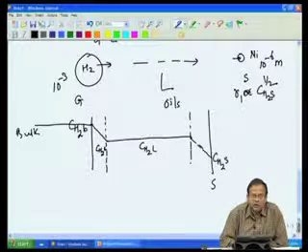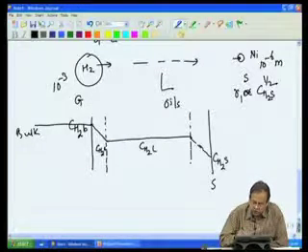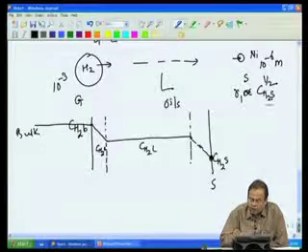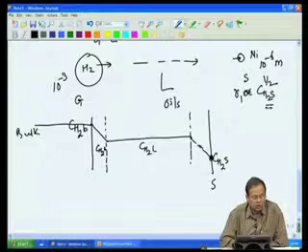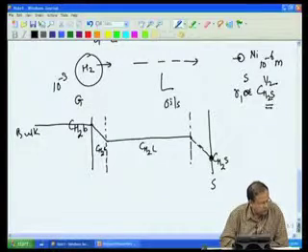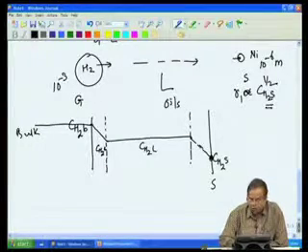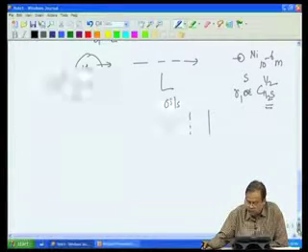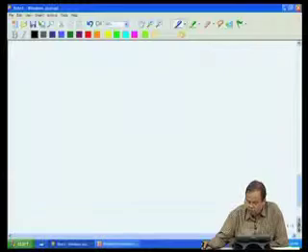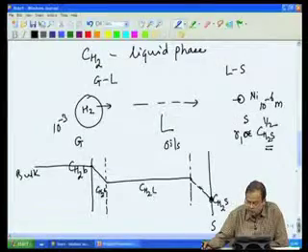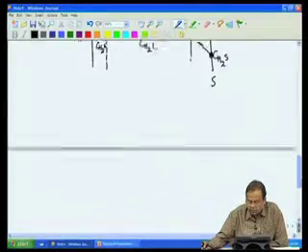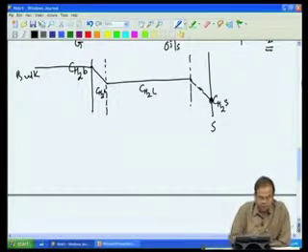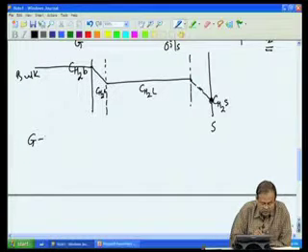So, whatever reaction occurs at the surface of the nickel catalyst, the corresponding surface concentrations are what determine the kinetics. Now let us try to write down the mass balance equations for these processes by looking at the gas liquid interface first. What is happening at the gas liquid interface?